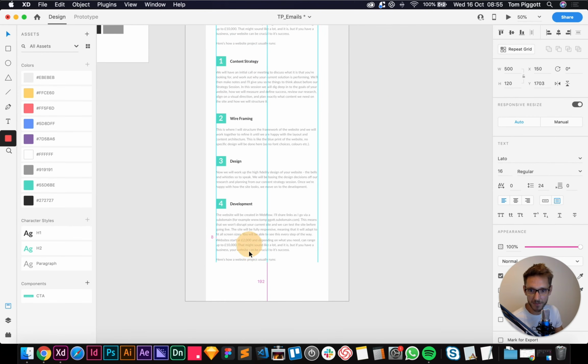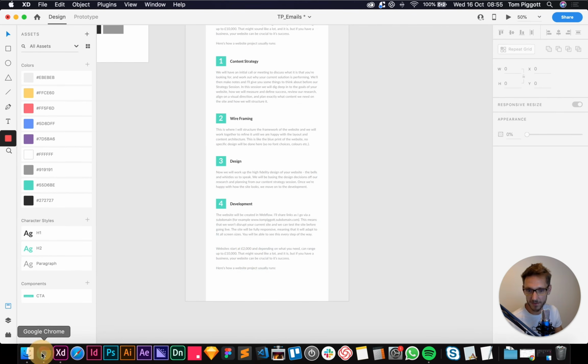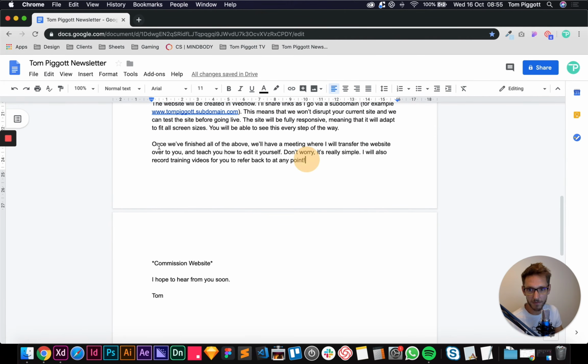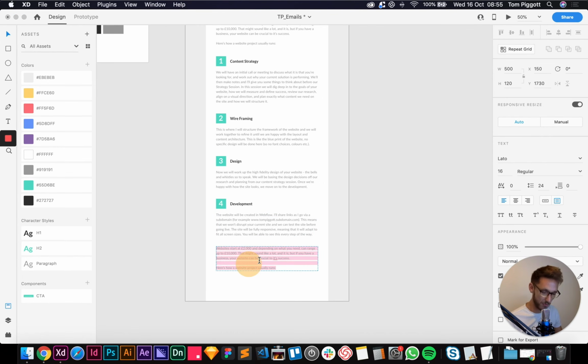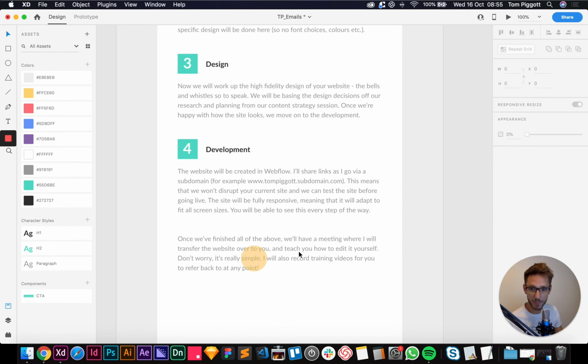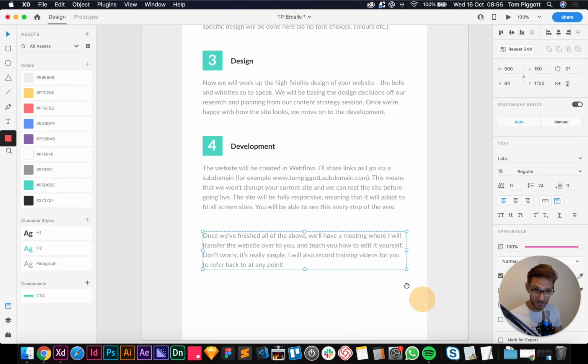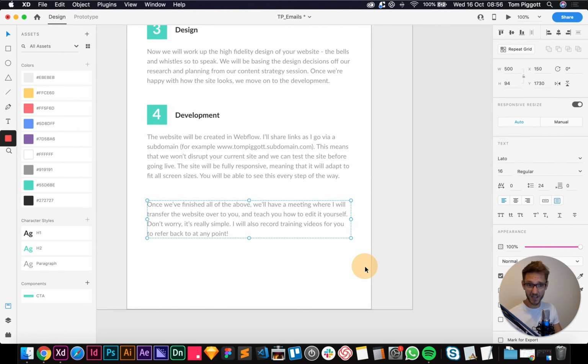Hold Option and drag this one down here, and I want to match that, so I'm just having a new paragraph by itself. Once we've finished all of the above, blah blah blah blah blah. This is a very copy heavy email. You can see I haven't worked with a copywriter. If you're working with a copywriter, your life will be amazing. Try and get one. If not, you have to write all the text yourself, or with somebody who doesn't know what they're doing. Like me, I'm not a very good writer. This email is probably not going to do very well, but it looks nice, and it will be coded well. So, you know, that's good.